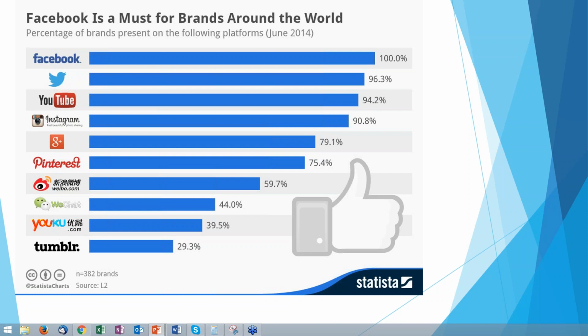YouTube. Brands are on YouTube. Video is big, you guys. Really, really big. Instagram, again, there you go. A lot of companies using Instagram. Google Plus, Pinterest. And you can see, don't ignore Pinterest. Pinterest still is a heavy player. And then I'm going to tell you right now, ignore these last four. You don't need to be worrying about them. Those look like they are some international sites. Tumblr never really took off. And now you've got Snapchat, which came about, I think, post when this was done. So there you are. Okay.